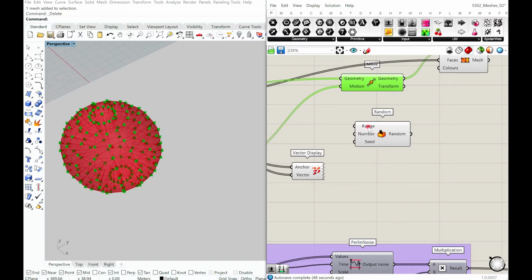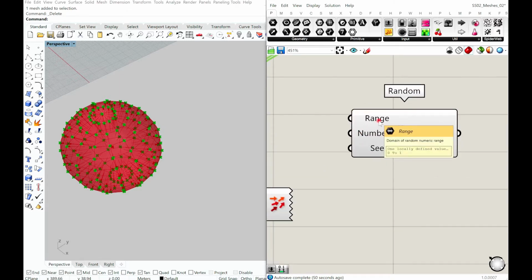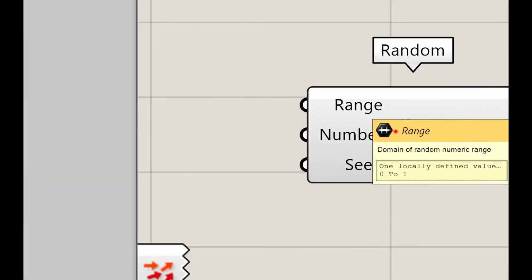In this case, it asks for the domain of numeric range. Now don't get confused. It's asking for a domain, but it says it's a range. So don't actually end up making a range component. It doesn't require that. These are normal issues that usually happen because terminologies are crazy in this.